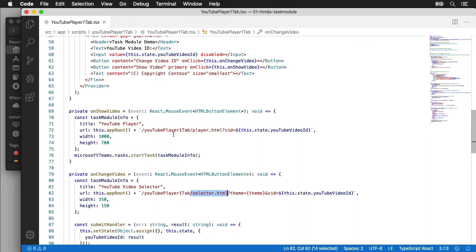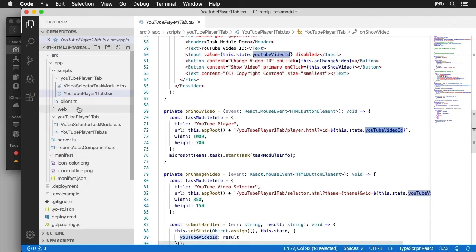So when we want to show the video, we've created this task module. I'm just going to call the start task and pass in that info object. Now, there's another option we can pass in on what happens when there's errors or callbacks. And in this case here, I'm not going to do any of that. I'm just going to pass in the information here that's going to have the ID of the video passed in on the query string. And if we take a look at what that looks like